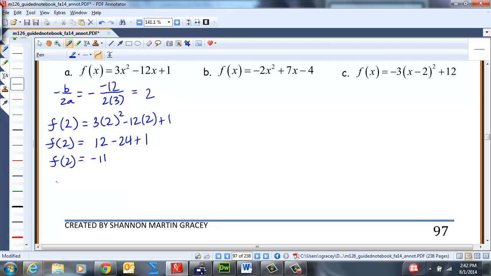So what did we find? The vertex is at the ordered pair 2, -11. Now, will that be a maximum or a minimum point? Good. a is 3, which is positive, so that'll be a minimum point. All right, so here we go. I'll write that in. Okay, so here we go. Next up,